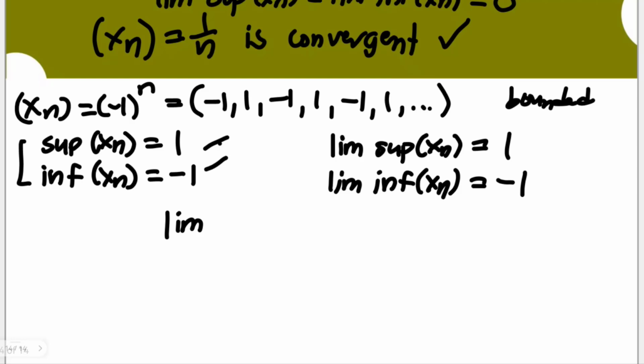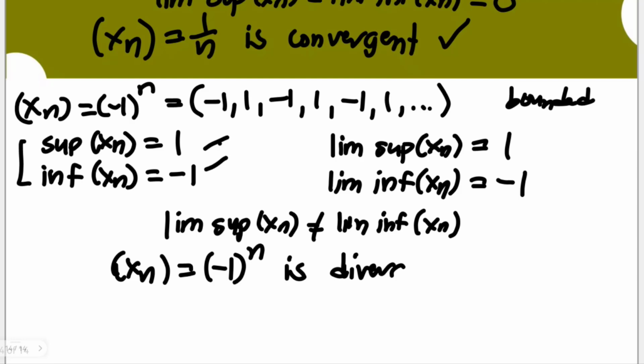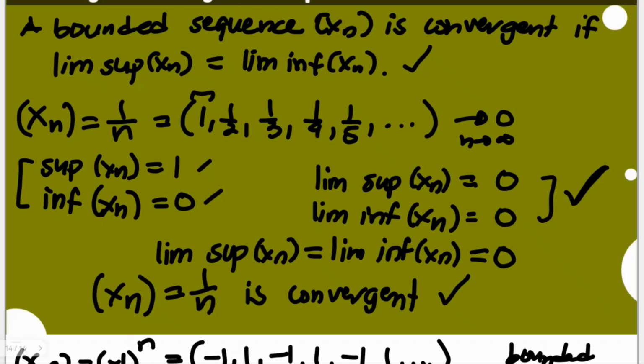Since the limit superior is not equal to the limit inferior, that would mean this sequence, which is negative 1 raised to the power of n, is not convergent. Or you could also use here, because there are only 2 of them, convergent or divergent, so it's divergent. By the way, it just so happened that the limit superior is equal to the supremum and the limit inferior is equal to the infimum on the idea of boundary, but they are not the same all throughout, just like this first example.